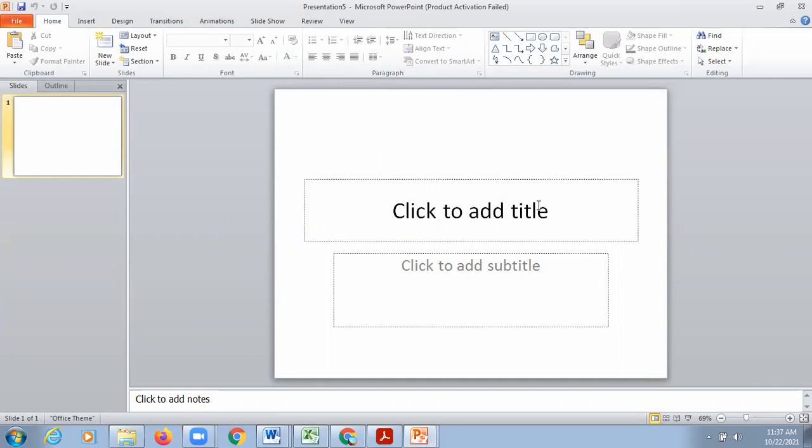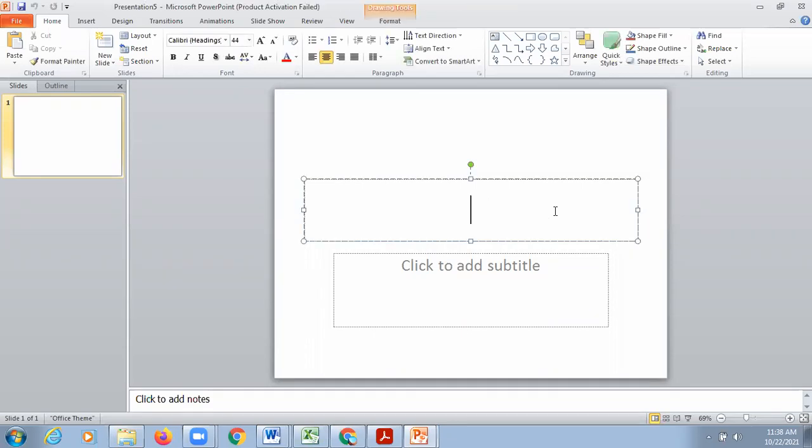I'm going to create this presentation on topic seasons, let's say. It's a science project and I wanted to display the clothes we wear in different seasons. Okay? So this is a project on clothes.